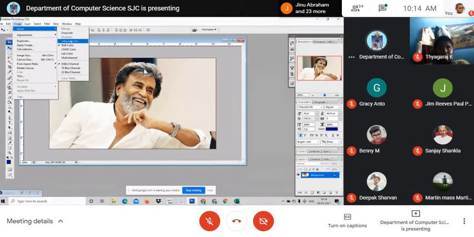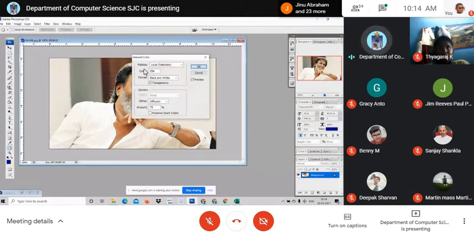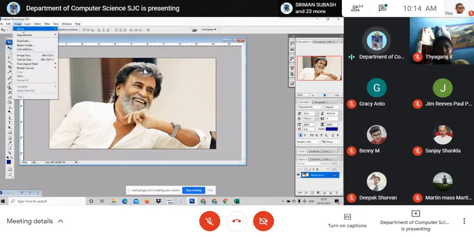Indexed color means, see, when I click here, look here. These are all indexed colors. For example, look here, palettes. So many palettes are available. When we go into detail, it will be very tedious, too technical. For example, color palette for Mac OS, color palette for system, color palette for web, uniform, local. All these things are too technical, right? Just to know about indexed color. For example, we need to know only these.